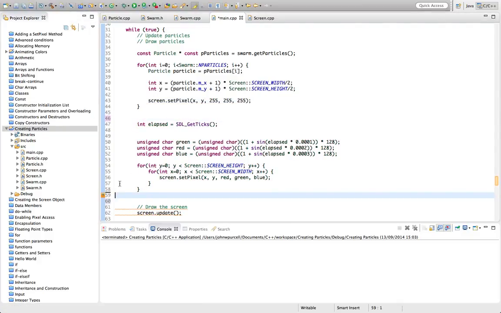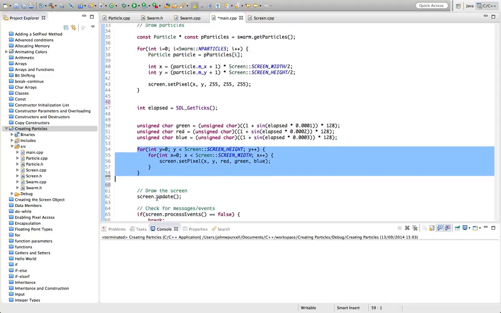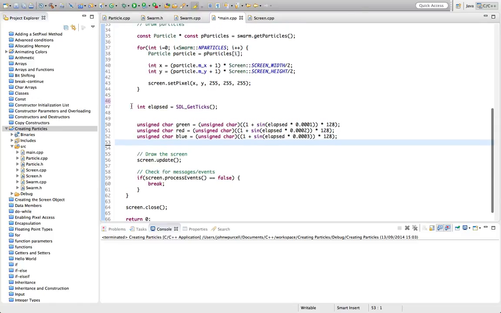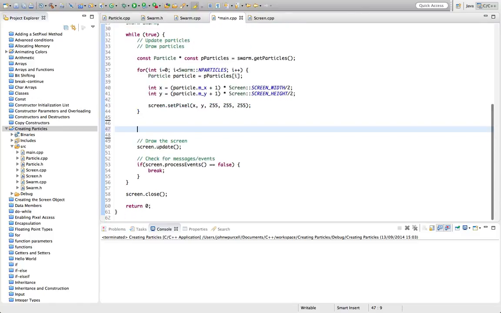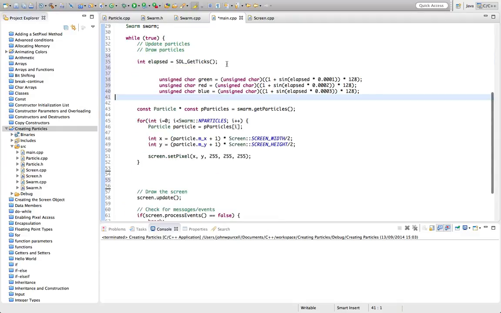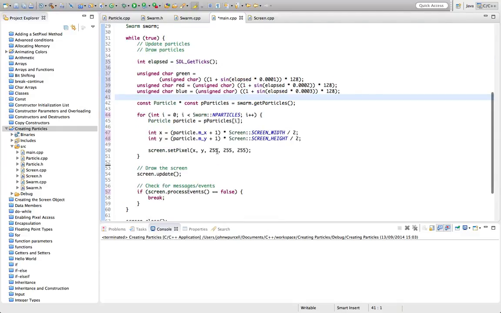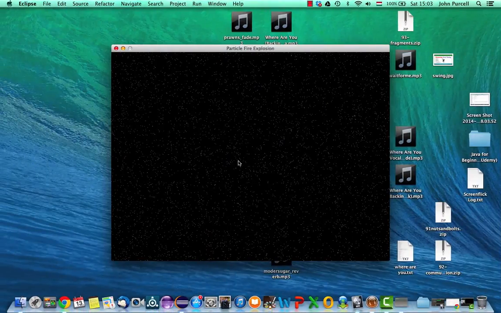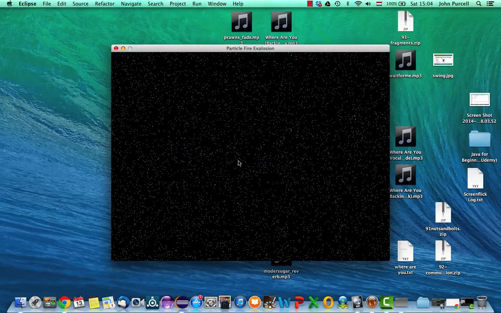One last little thing that we could do here, which might be nice, would be to uncomment these colors, get rid of the stuff that fills in the entire screen here, and move this above where we're plotting the particles. Format the code and then use those colors for red, green and blue to draw the pixels. Let's try this and see how this looks. So it's not going to look very pretty, but you can see we've got a load of stars if you've got a good imagination, and you might be able to tell from this video that they are in fact slowly